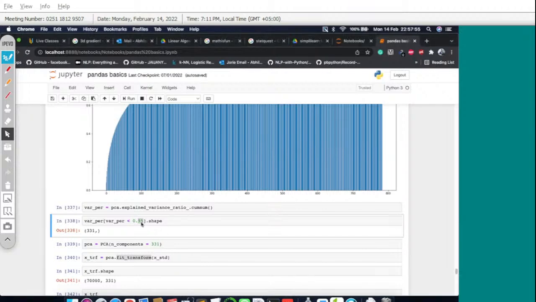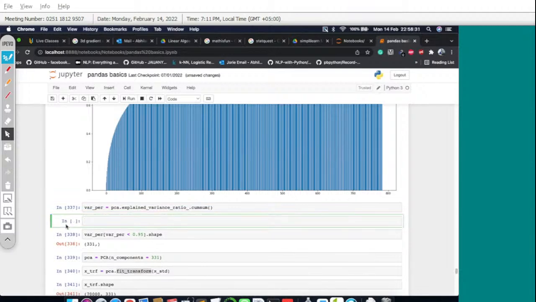My question is basically, it's kind of a slicing, right? So in pandas, when we want to filter some column with values, we specify the data frame, then in the square bracket we mention the column, and then the value it should be less than. So here my question is, we say var percentage, and again we put this same var per and then less than 0.95. So exactly which column is it getting into, or is it just a series data and we are reducing it? Var percentage is actually an array. If I show